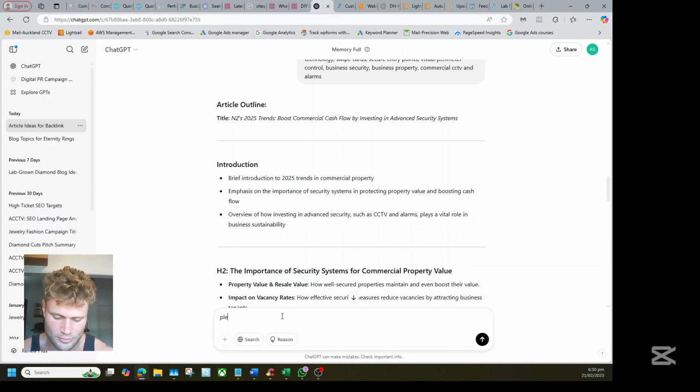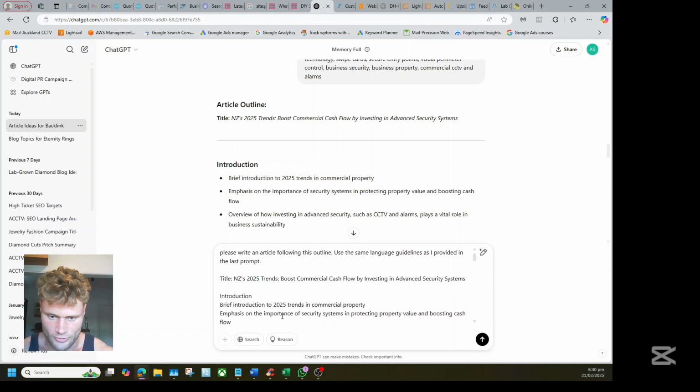Okay, now we're going to say, please write an article following this outline. Use the same language guidelines as I provided in the last prompt.